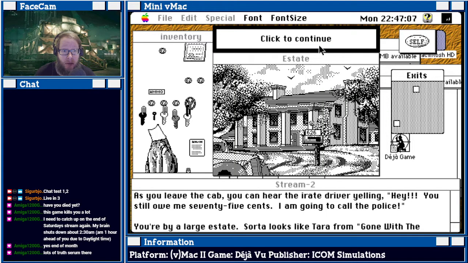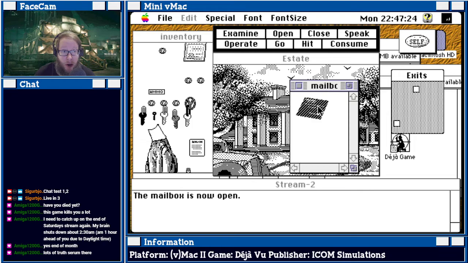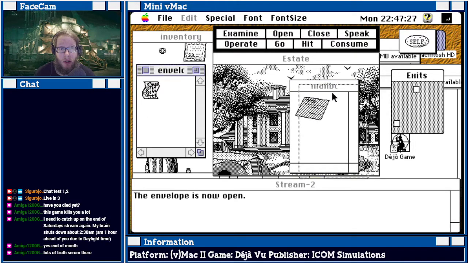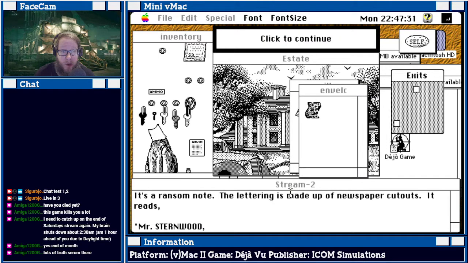Now here we are at this large estate. There's a mailbox here, and it has a flag. Now there's an envelope in the mailbox, and it contains this letter here, which is a